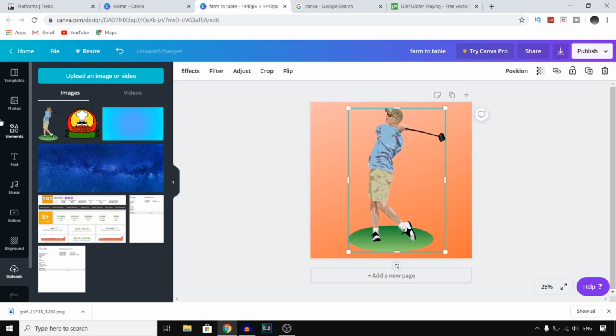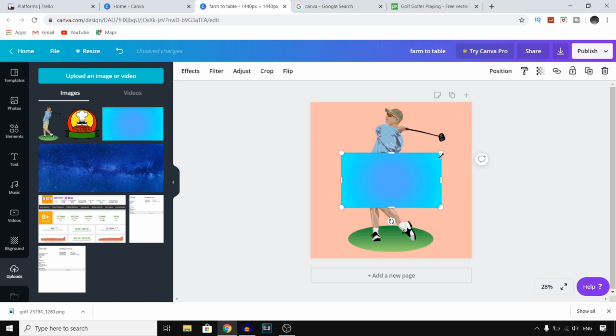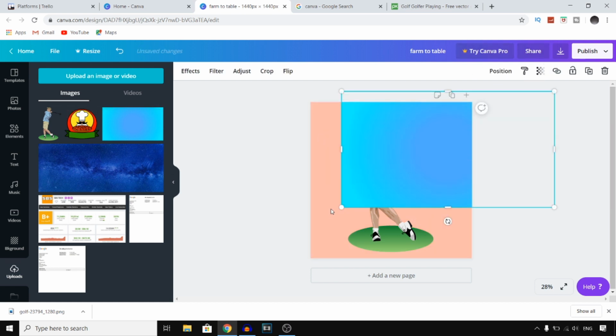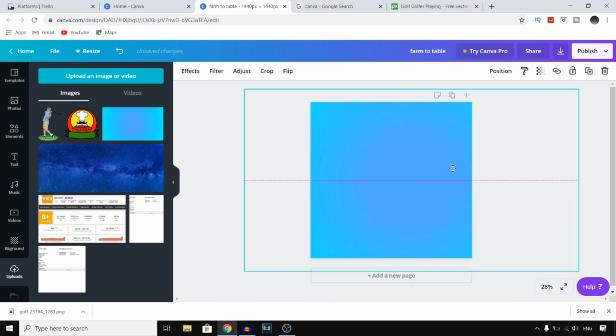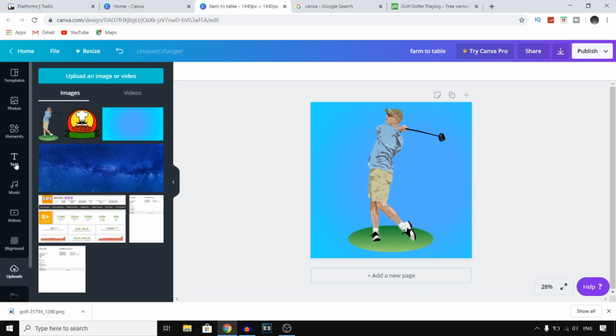So you can then change the background if you want to. Let's say that the background sucks and you want to add this one in here, a blue font. You can then do that just like that, and you can then position it backwards, and there you go. You can play around with this. I'll let you guys decide what you want, but that's pretty much how I make free YouTube logos by using